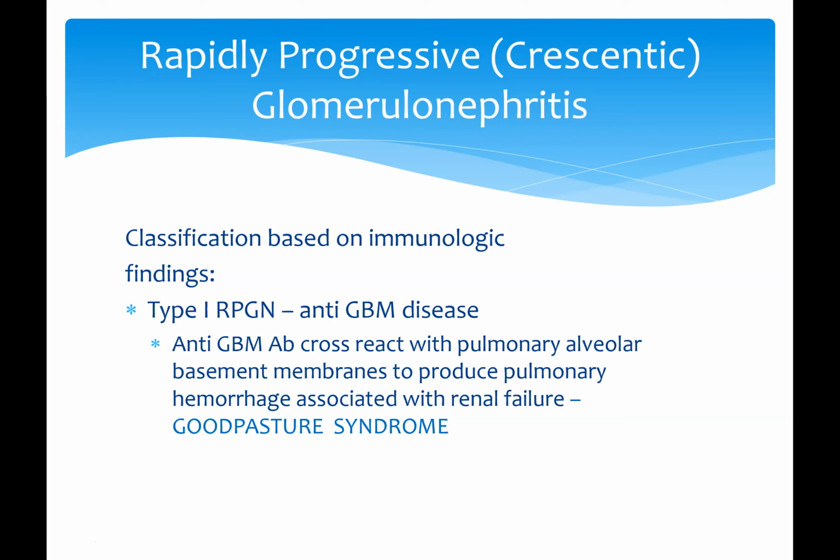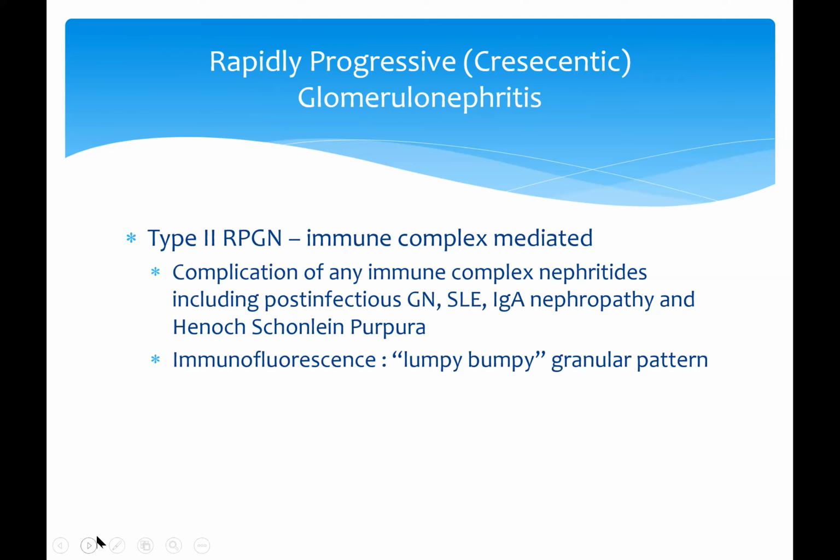Why is this happening? The antigen common to the alveoli in the lungs and the glomerular basement membrane is a peptide within the non-collagenous portion of the alpha-3 chain of collagen type 4. This triggers the formation of autoantibodies so that, again, you are expecting that these autoantibodies will cause RPGN for the kidney and pulmonary hemorrhage. So that's the first group of diseases.